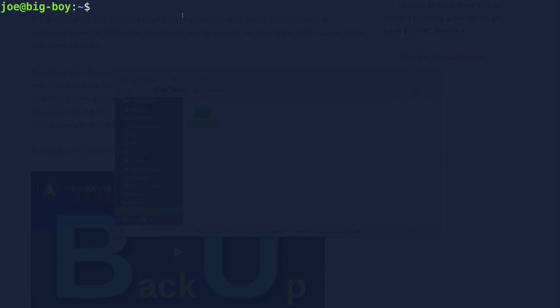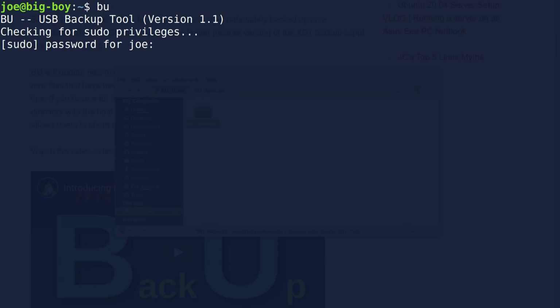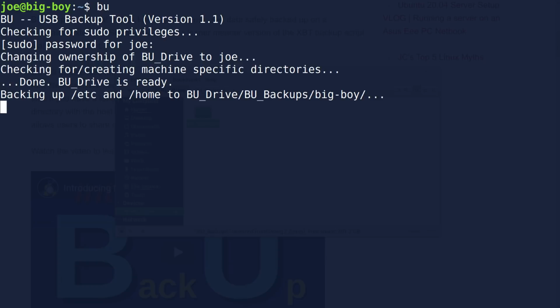So if I go over here to my terminal, now that I have hooked up the drive, and I run BU, this is what it does. The first thing it's going to do is ask me for a password, and I gave it the password.